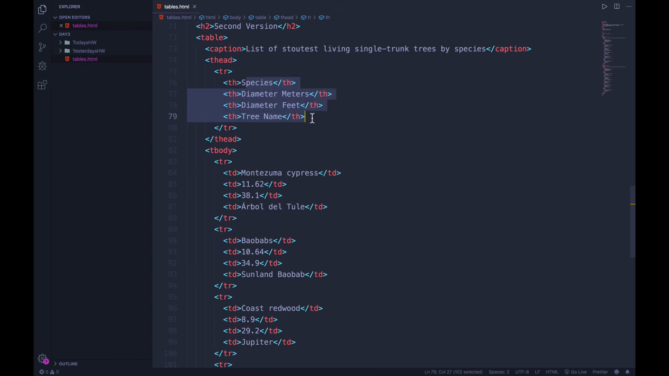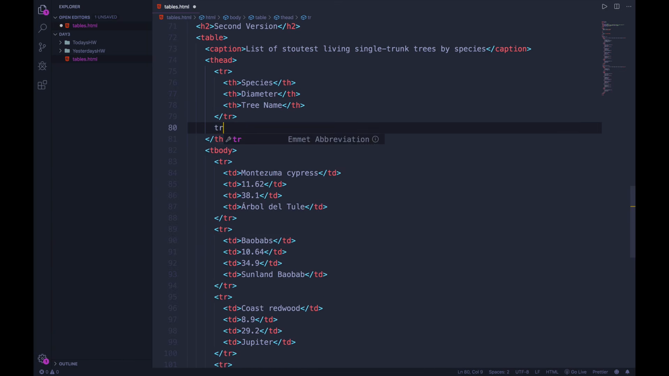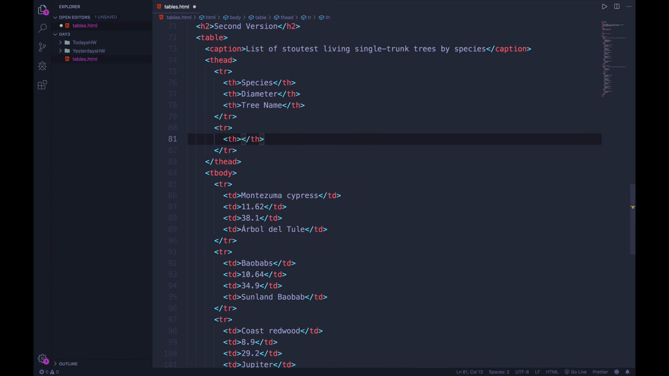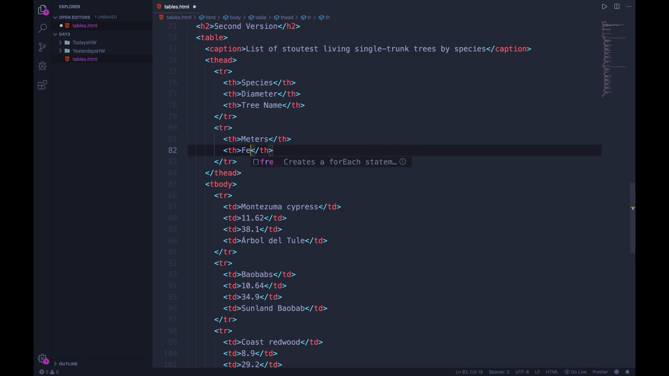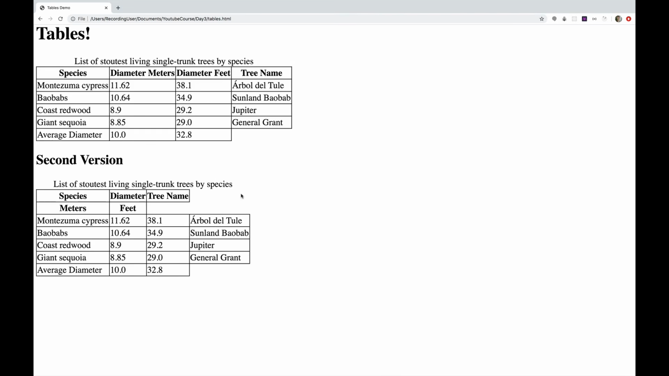If we go down to the headers here, I've got my 4 headers. I'm actually going to delete meters and feet and replace this with a single header that says diameter. And then down here, after that table row, I'm going to add another table row with a TH for meters, and then another one, TH, for feet. Now this is probably going to look horrible. Yes, it is not what we want, as you can see,